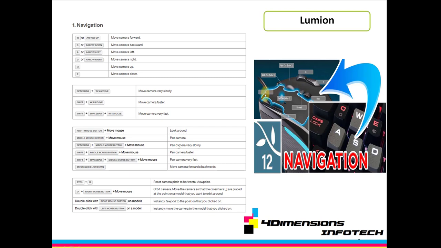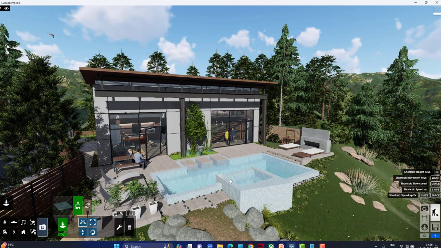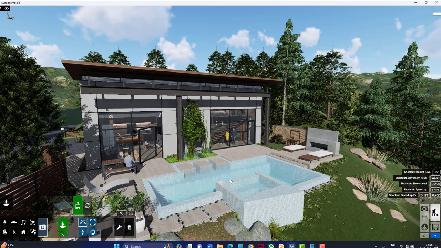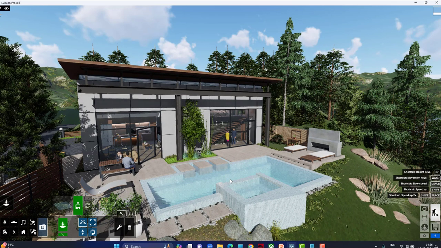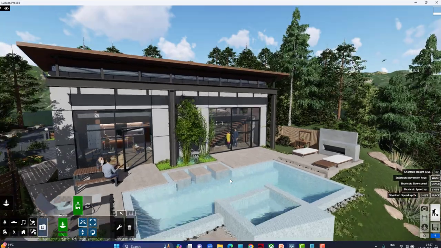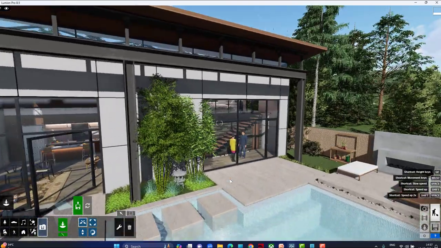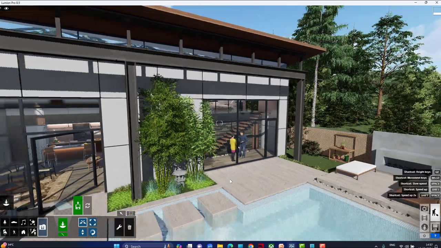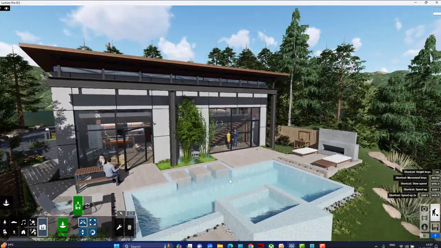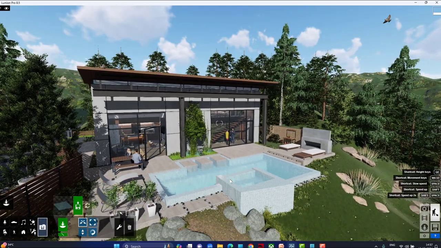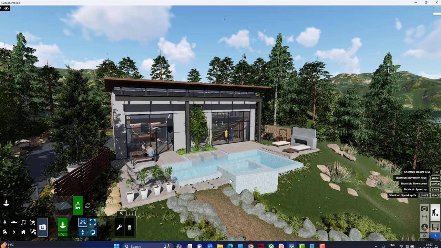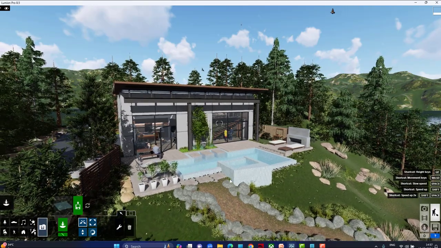Let's apply these navigation tools in Lumion. To move in the model, just press the W key to move forward, or hold it to move continuously. If you want to come back, press the S key, and hold it to continue moving, or else leave it and press the key again to move back.